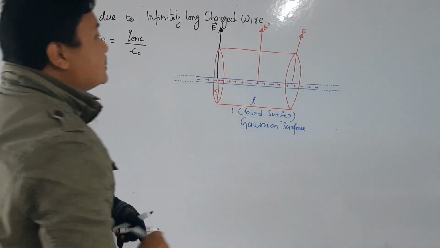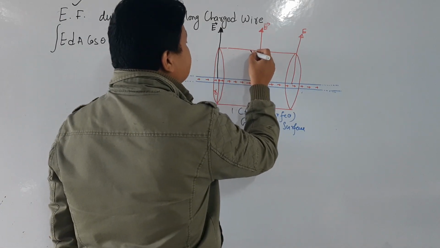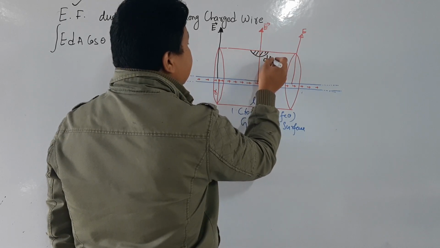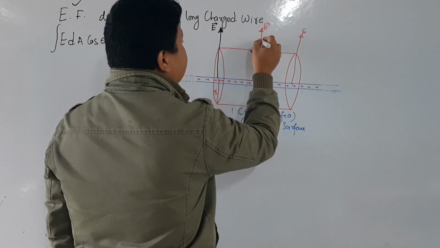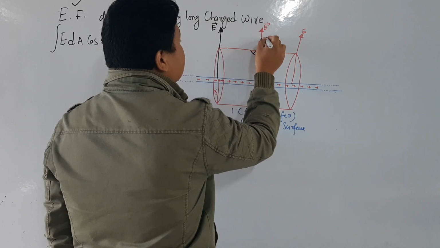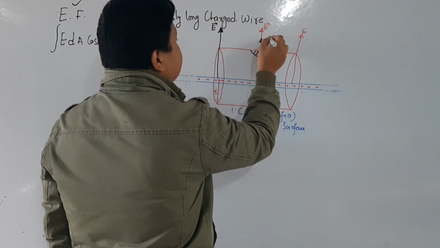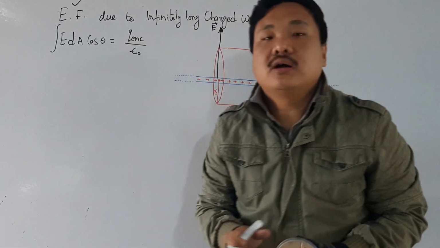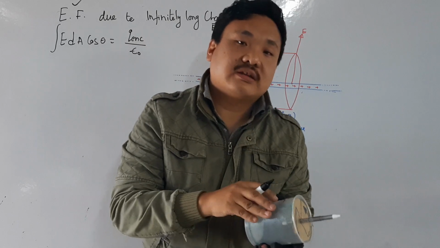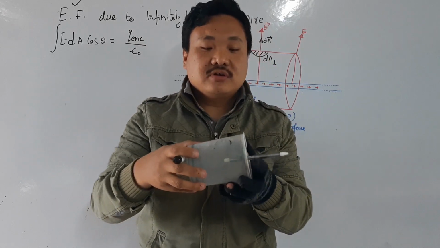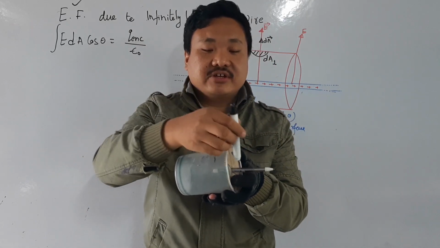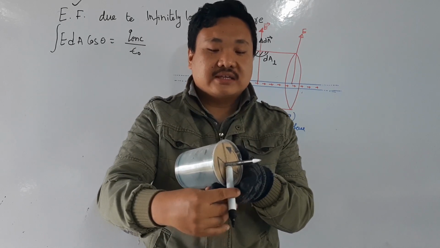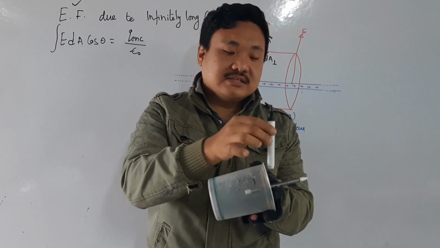Now say I have a dA. I will consider here one dA. This is dA, I will call this 1, and this is my dA vector. You know that the area vector is always perpendicular to the surface. Now see here. From this wire, the electric field is coming in this direction. It is going like that everywhere, but I have considered this one.